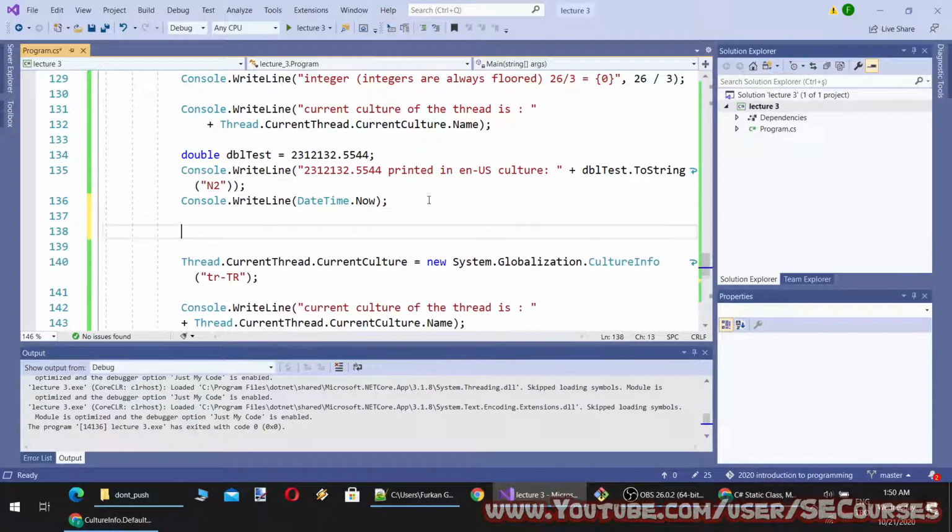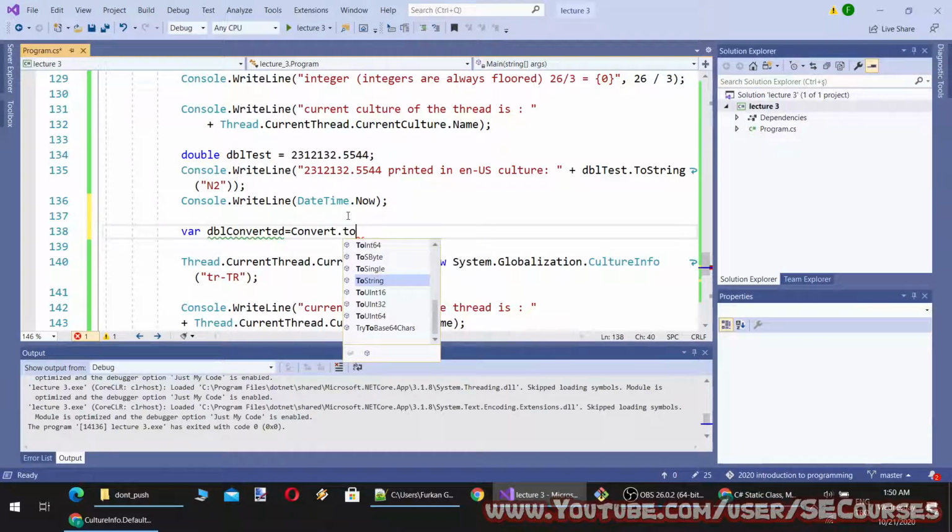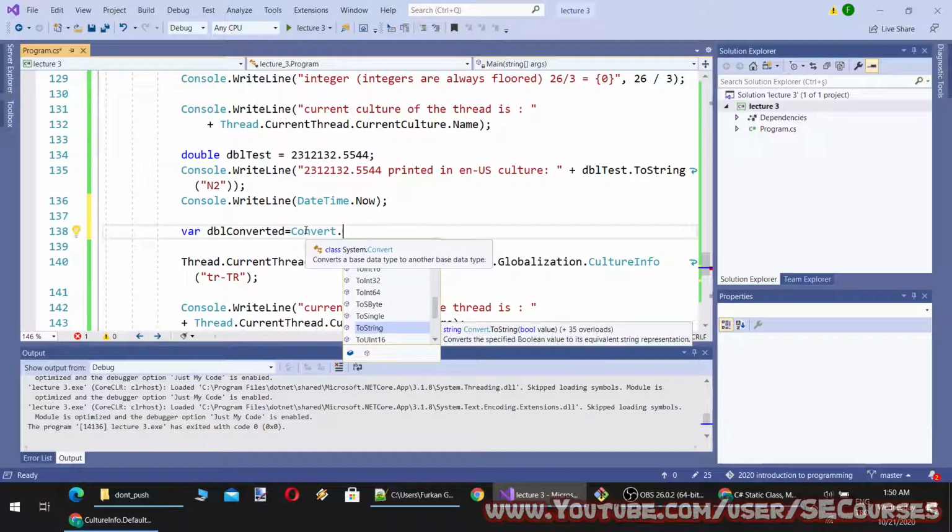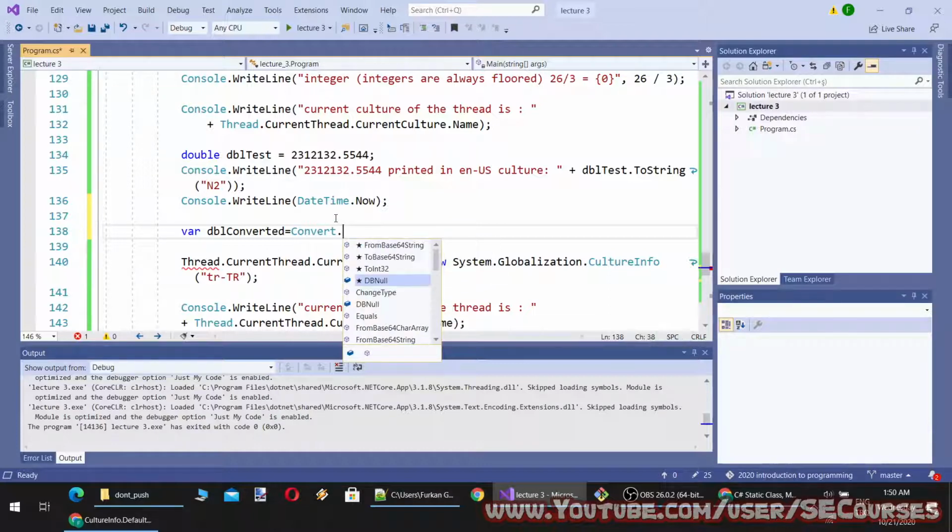And I will write it like this. Convert.To. Convert is a class of System that converts a base data type to another base data type. So the Convert method lets us convert base data types between each other. Okay, I will convert to double